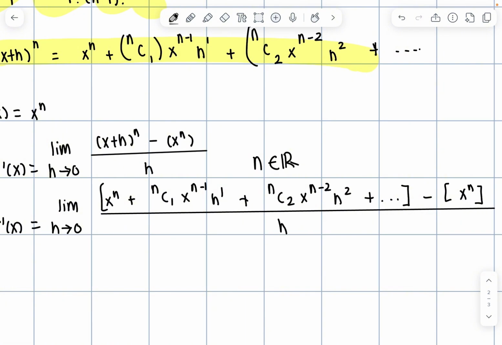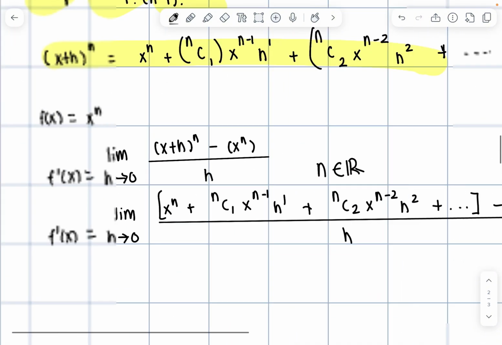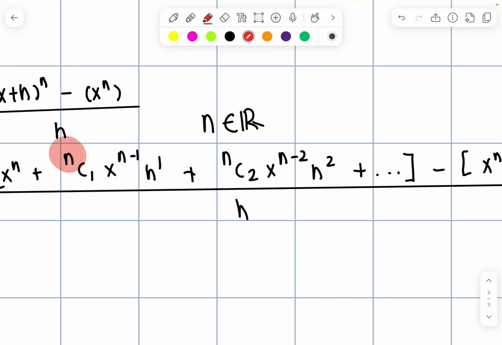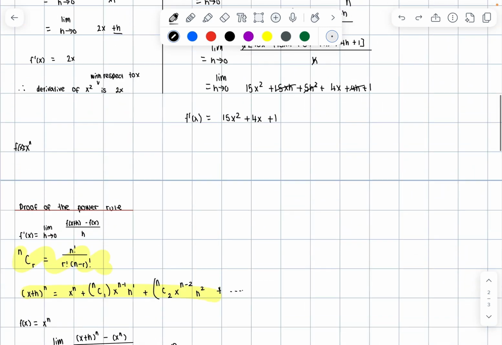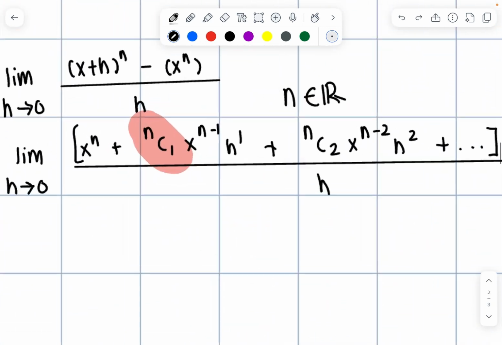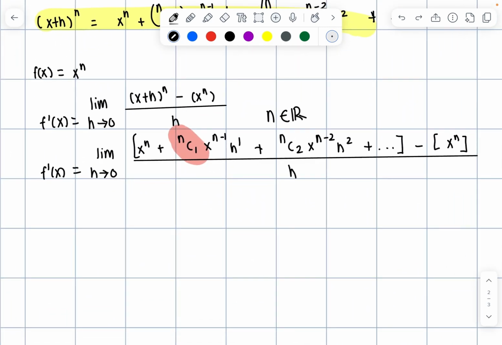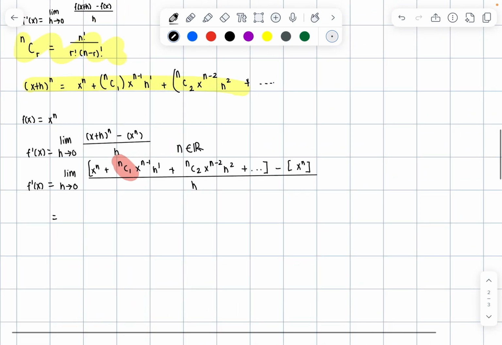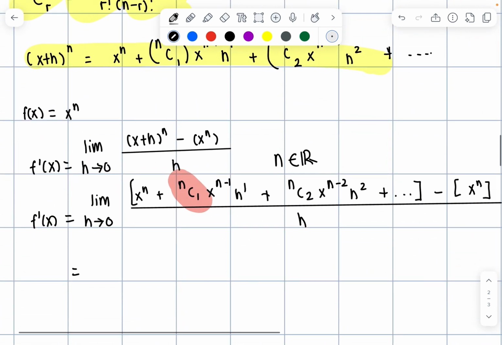There we go. So working out n choose 1, I'm only going to simplify this one here. I'm just going to color it in red just to make it stand out. I'm only going to simplify this one here because, as you see here, it's got an h to the first power. So using the previous ones, we could confidently say that the h will cancel out. But we know from our formula that n choose r is equal to,